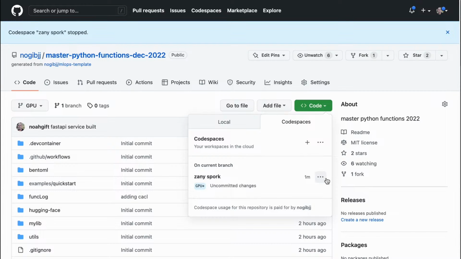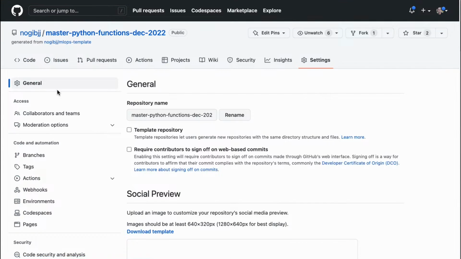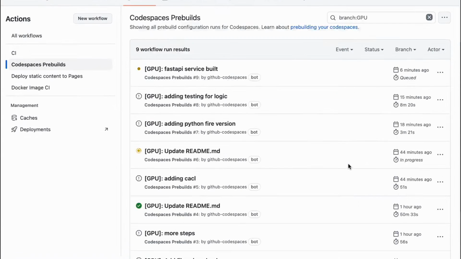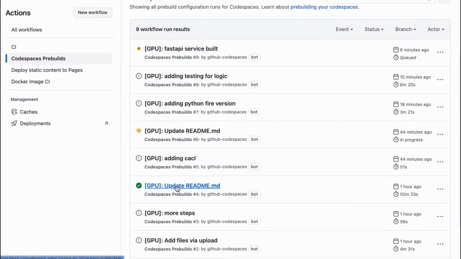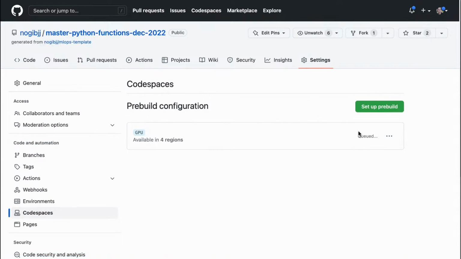So if we go back here, we can actually look at the pre-builds. If I go to Codespace pre-build here, I believe that it was successful at one point. I could even completely destroy this environment if it's acting weird, which is great.